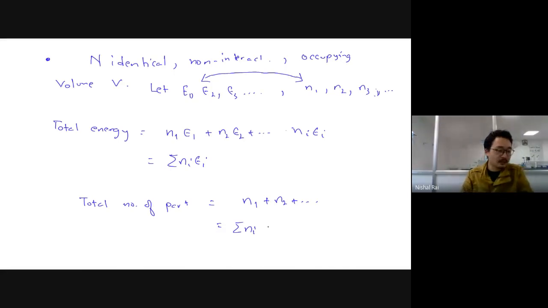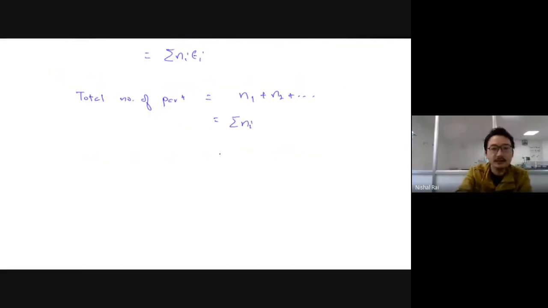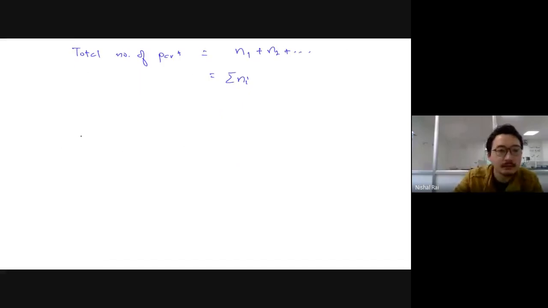Now, actually what quantum mechanics tells you is that energy should be discrete. And the possible values are discrete, and hence the total energy also has to have a discrete value. But actually, if we consider a volume of such a huge size, we can consider the energy to be continuous. Clear?